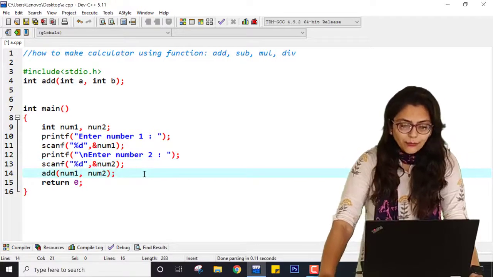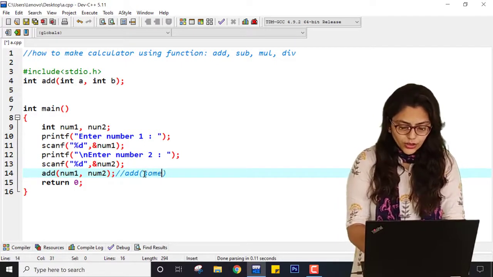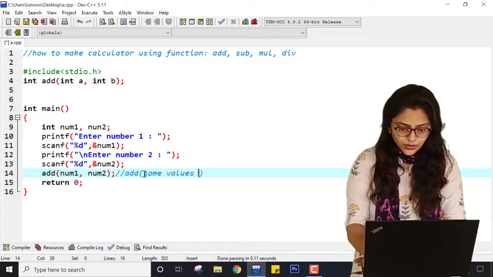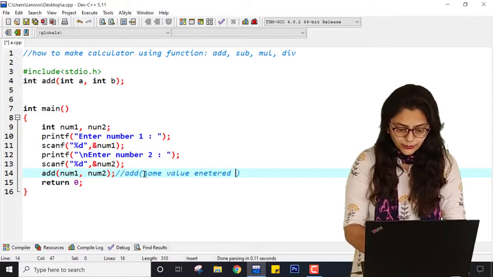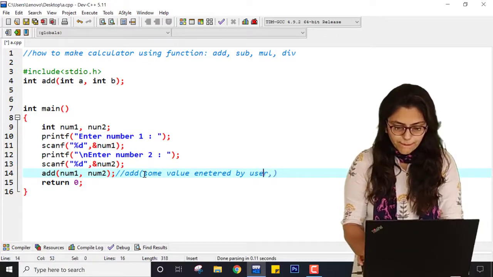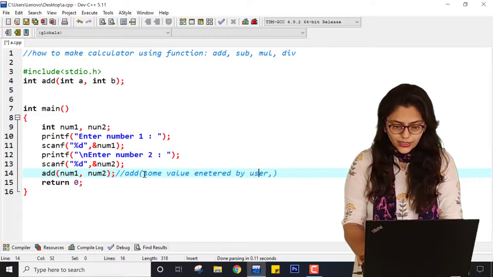So whenever I am calling this add, it means add, and inside this some value entered by the user, and here also some value entered by the user, right?